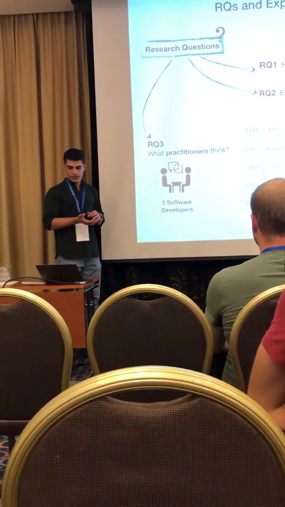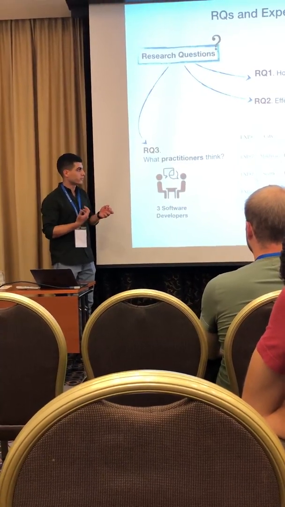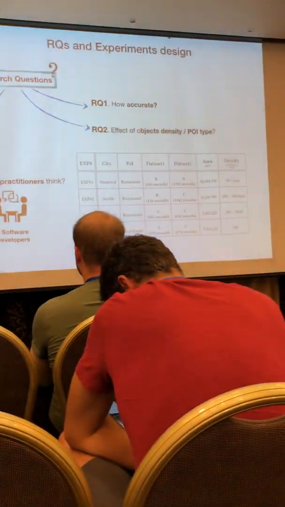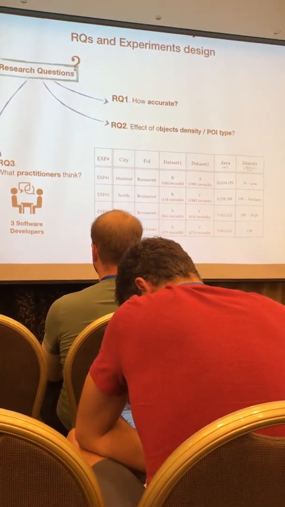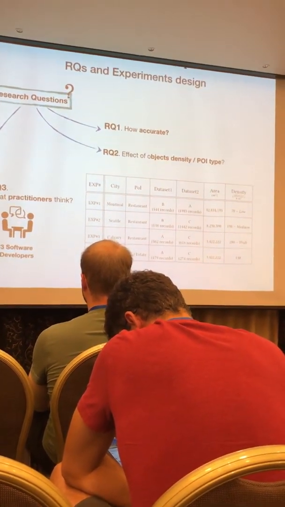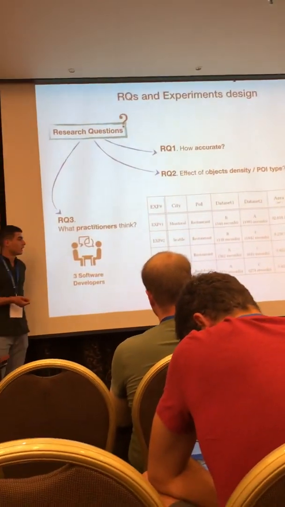In the first 3 experiments, we changed the object density from low to high to see the effects of object density. And in the 4th experiment, we changed the POI type from restaurants to real estate agencies to see the effects of POI